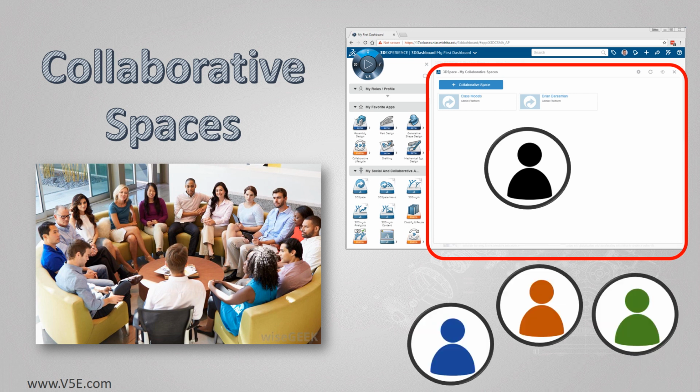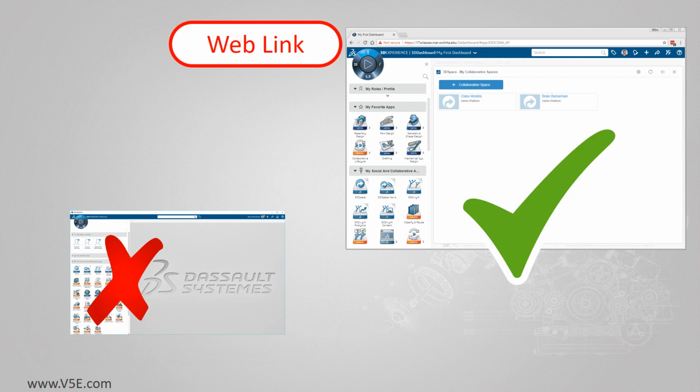This is where you will join and share collaborative spaces. This is where you can create additional collaborative spaces. In fact, if you know the web link, you don't even need to start out with the 3D software. In fact, that's what we'll do. We'll just go directly to the portal.